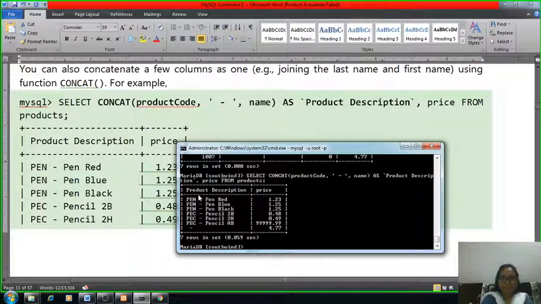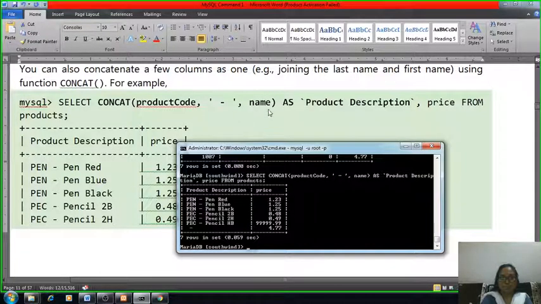See, that is your product description, for example pen dash pen. Product code is pen, and the name is pen red, pen blue. Between them we are using a hyphen, and the result is the product description, price from the product.